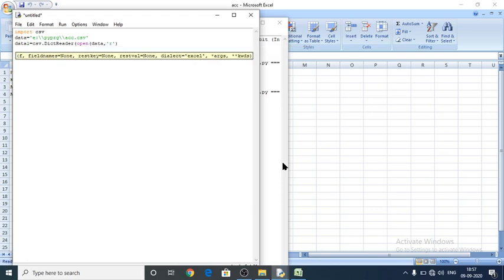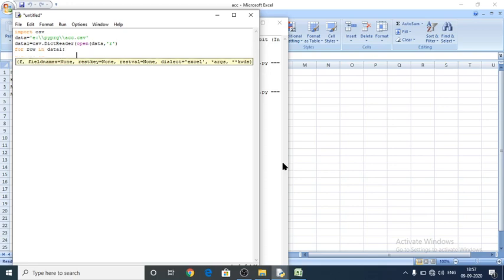And next I am going to use a for loop, for row in data1, and here I am going to print my row, because row is another variable.